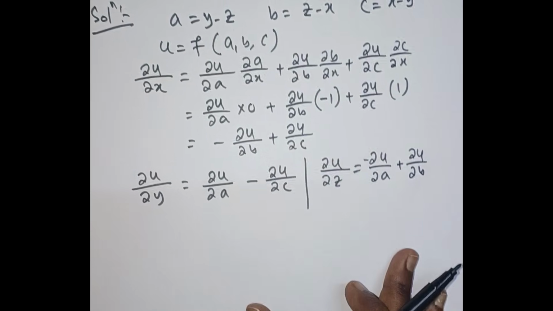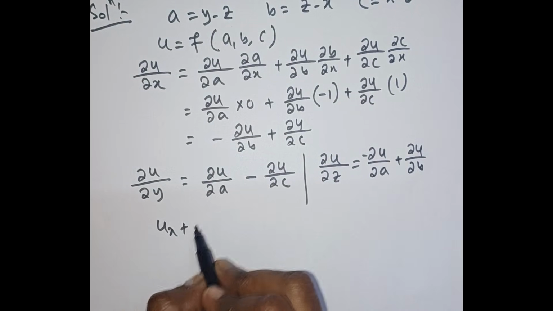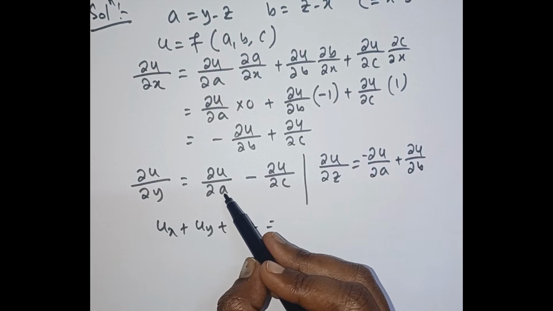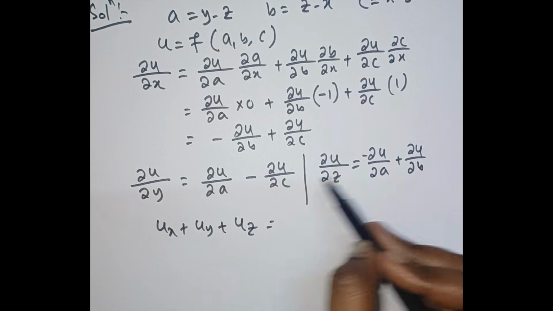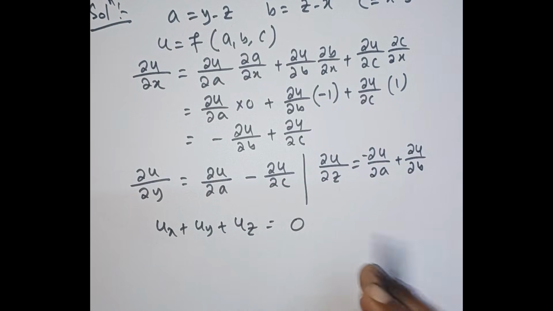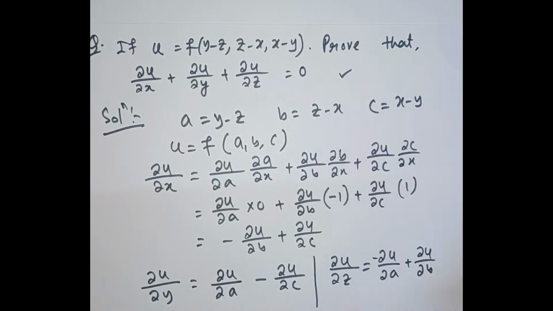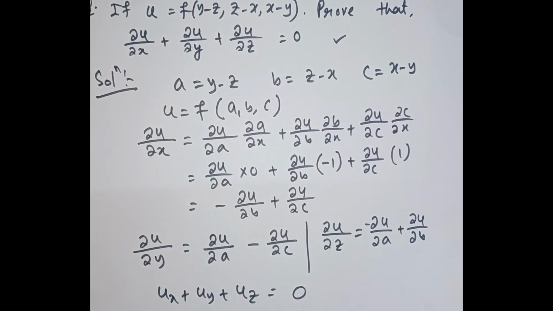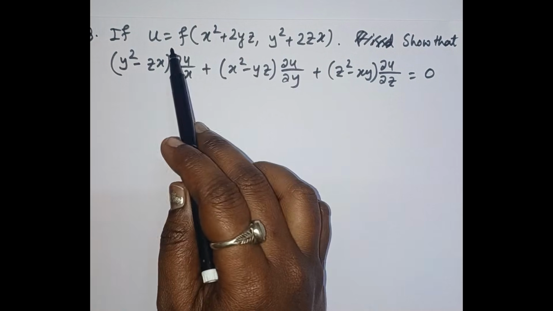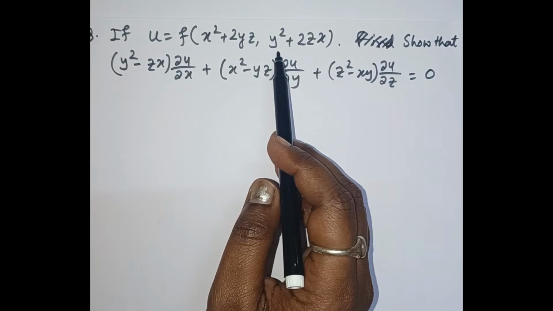Hence, if you add all these to find ux plus uy plus uz, then you can see ∂u/∂a minus ∂u/∂a will be cancelled out, ∂u/∂c minus ∂u/∂c, and ∂u/∂b minus ∂u/∂b will be cancelled out. So the final answer is 0. So we are done. And next question, again the similar type of question, u equal to f of (x square